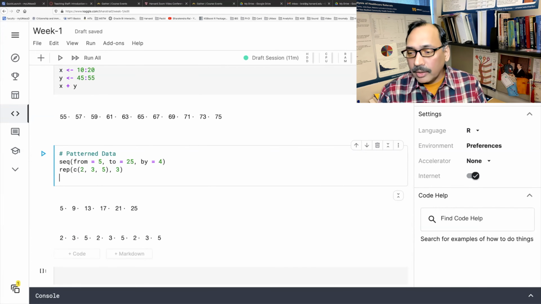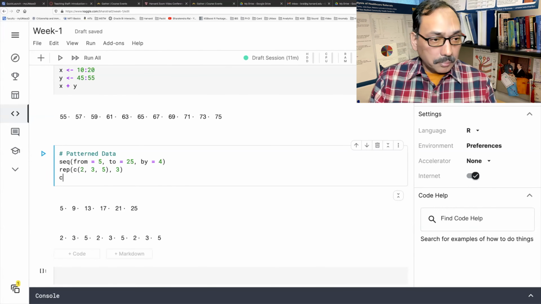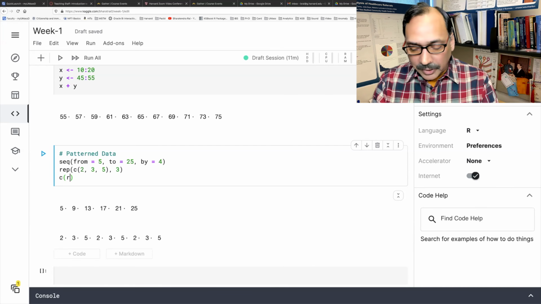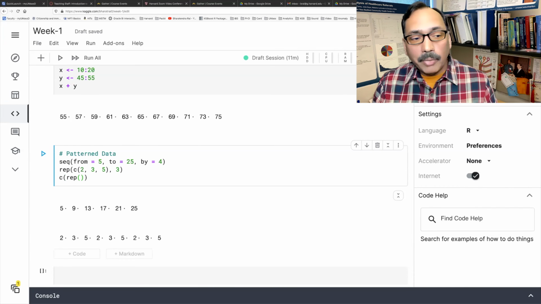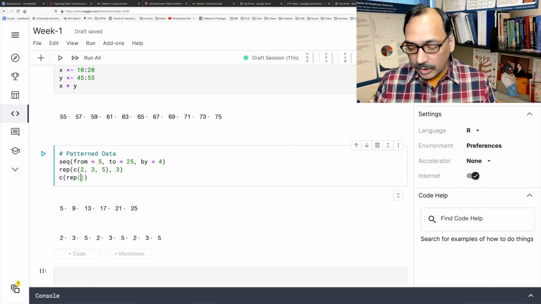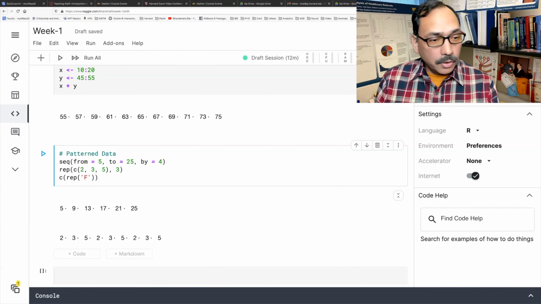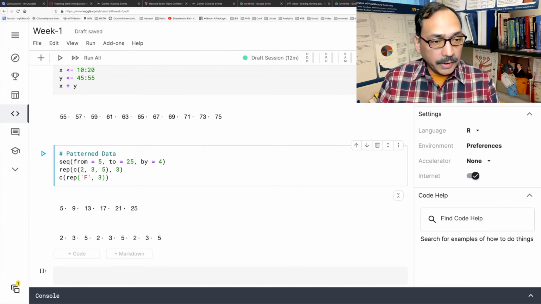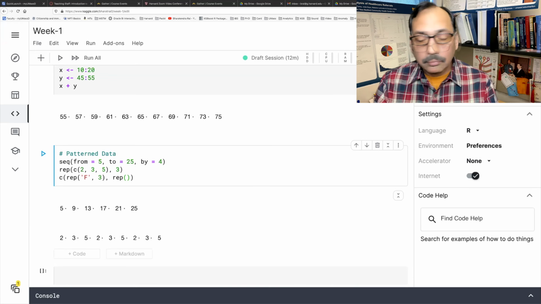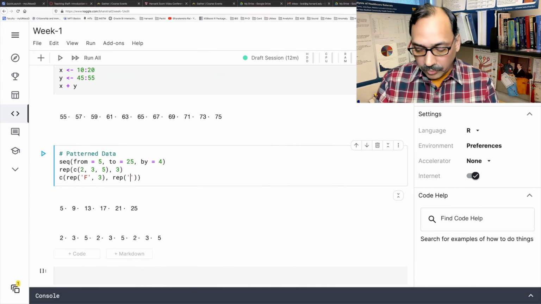Another way you can get pattern data is within c, I can say repeat. So far we have been using numbers, but we can always use text. So let's say this data has something about gender, male and female. And I want repetition of female 3 times, within quotes.